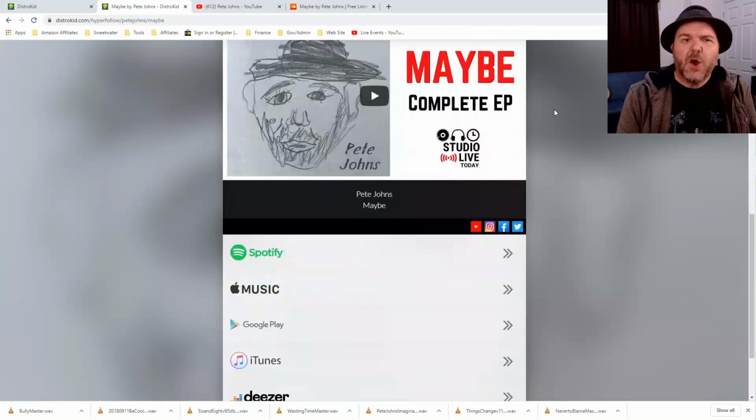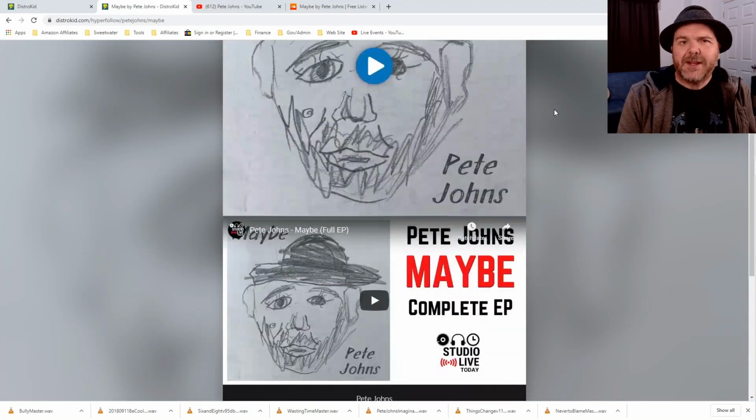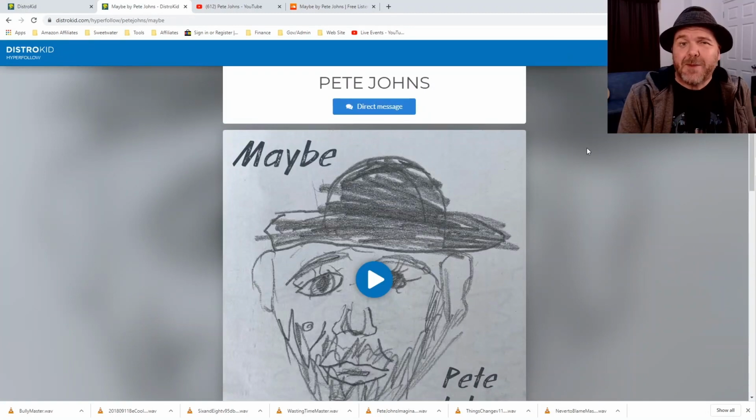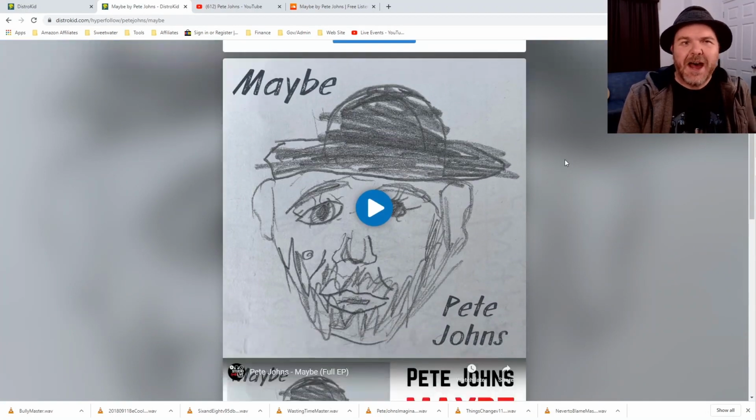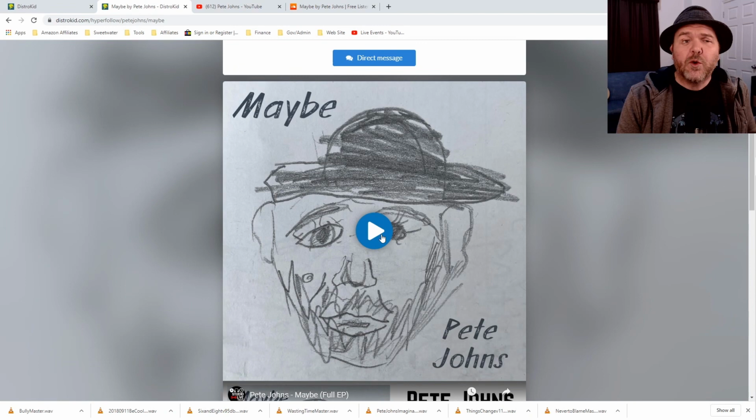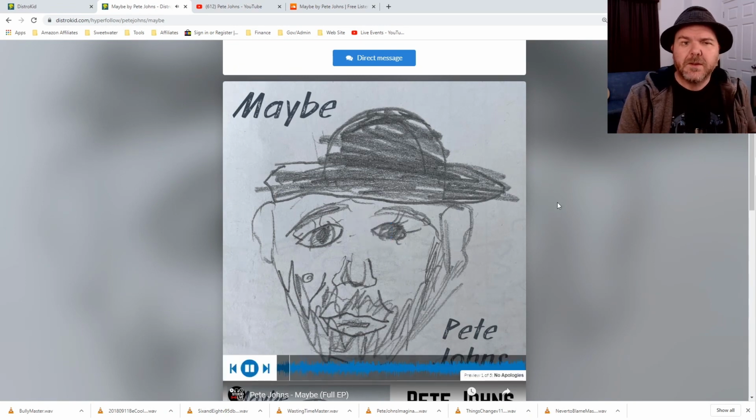but here's how it looks with a little bit more space around it. You can see you've got the nice blurred image of your album artwork and then the actual album art. If we wanted to show the preview audio here, if we just click on the big play button in the middle. There you go, it will play those tracks, and here you can see it's preview 1 of 5 of No Apologies, and then it will go through the other 4 tracks on this EP to give folks a taste of